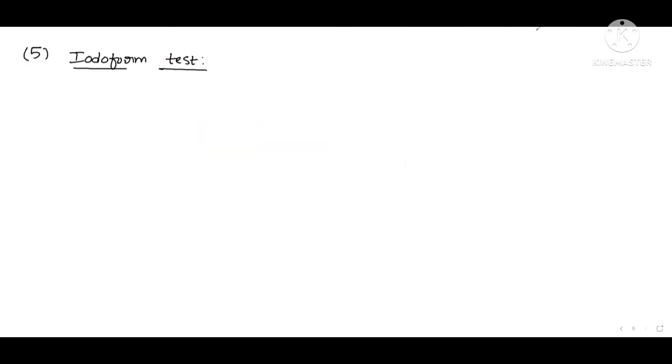Now let us discuss the fifth one, that is the haloform test. This test is very important. This haloform test is given by only certain types of compounds. That means secondary alcohols give the haloform test. Now let us see its reaction. When a secondary alcohol, that means R-CH(OH)-CH3,